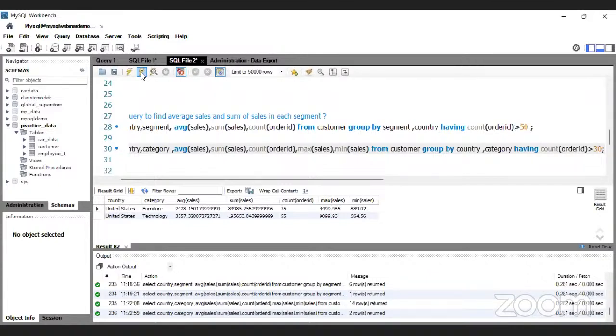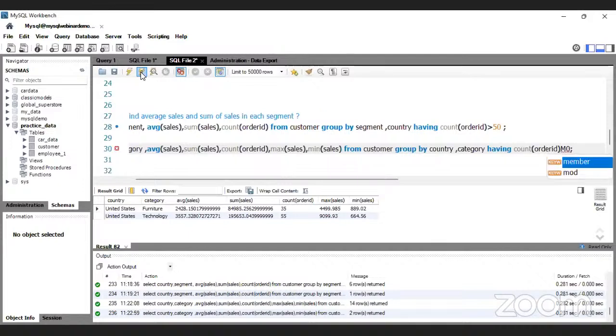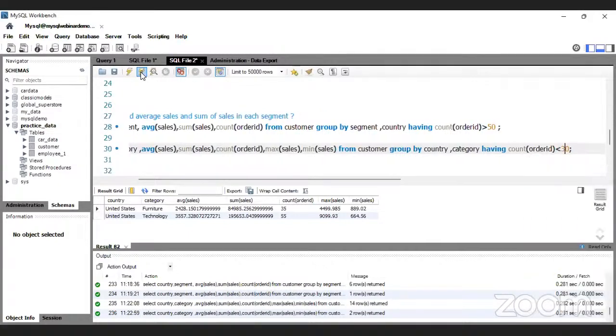Highest sales in technology is like 9099, and the least sale is basically 664. So this is how you analyze things. Even you can say just less than 30. Let's say instead of greater than 30, you can say less than 30, which is going to return you things like